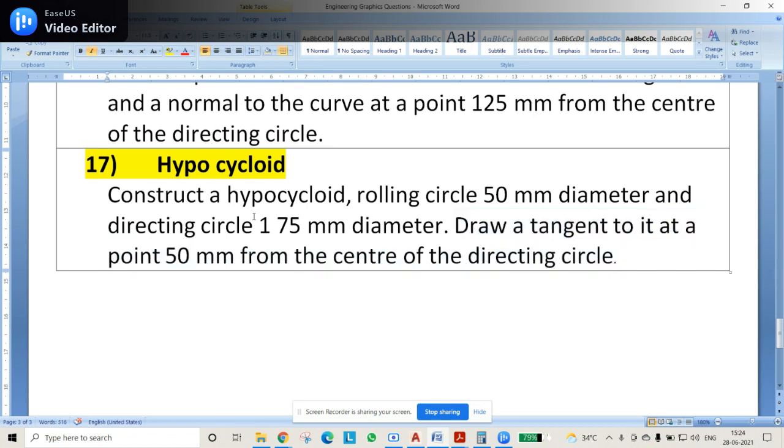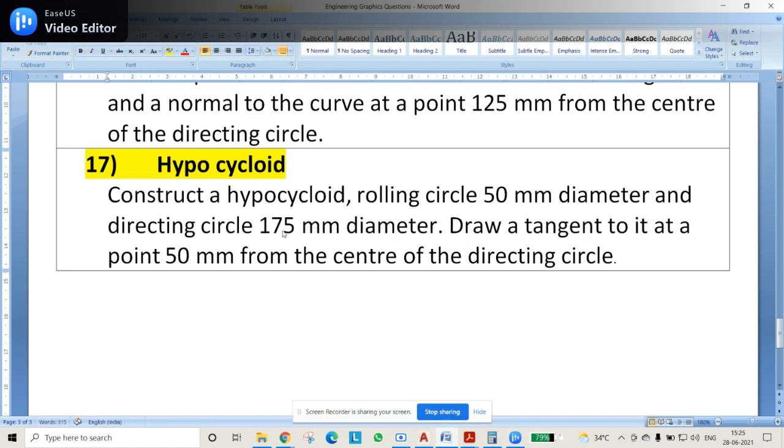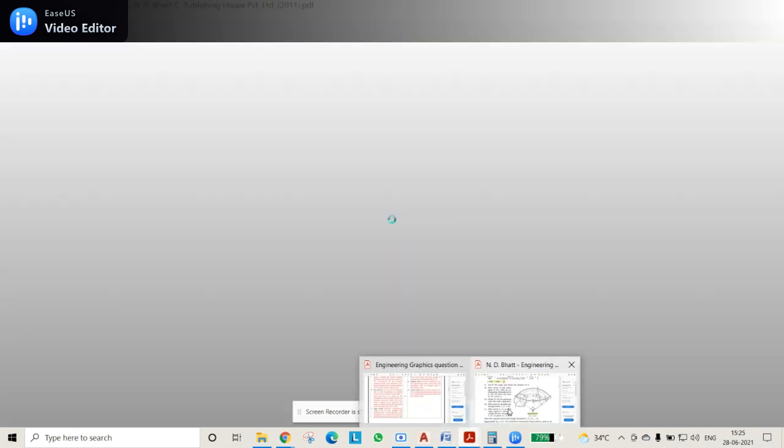In some cases they'll be asking like there is a circle rotating inside a circle, then what is the curve, in that way also they might ask. Now here the question is almost clearly given to you. Directly they are saying that it is a hypocycloid, the diameters of the two circles are given, and the information is perfectly given to you. Okay, so how will the hypocycloid look?